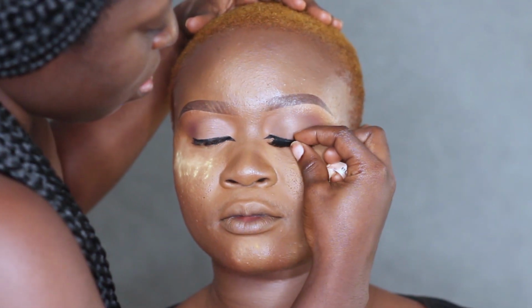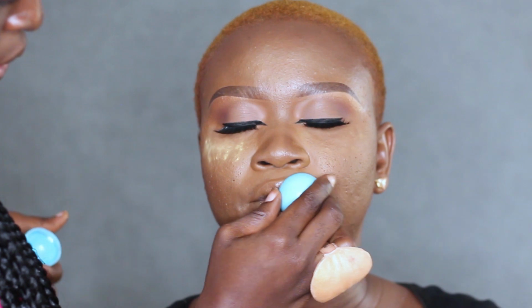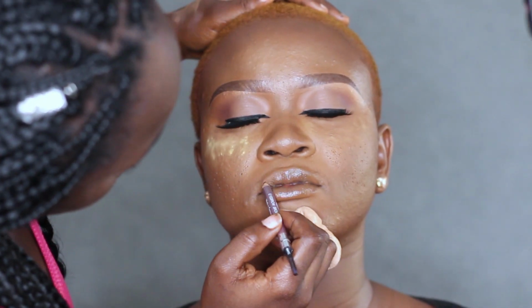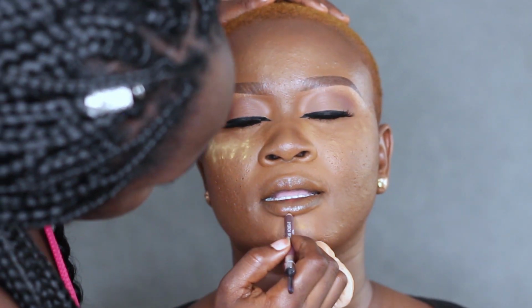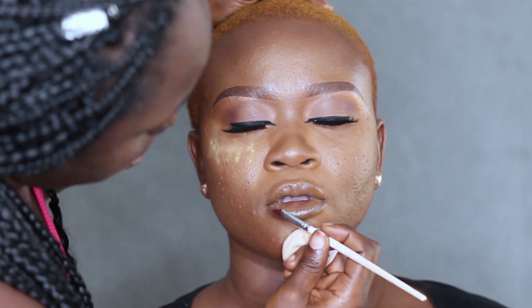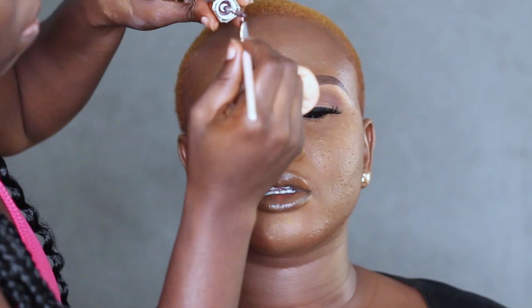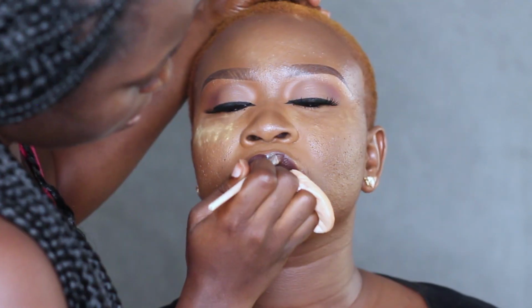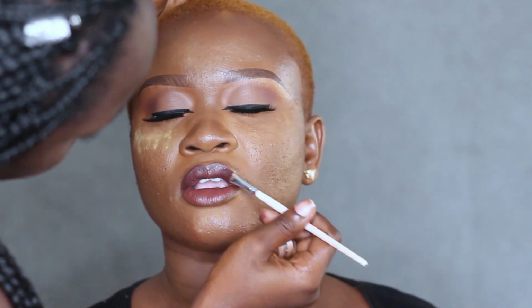So now we've done her lashes. I'm moving on to lips. I lined her lips using the same pencil that I used for her brows. Then right after that, I'm taking 2 shades of lipstick. I'm taking a brown and something that's more like a peachy nude. I did a 2-tone lip. The brown was on the upper lip, and then the peachy shade I applied on her lower lip,